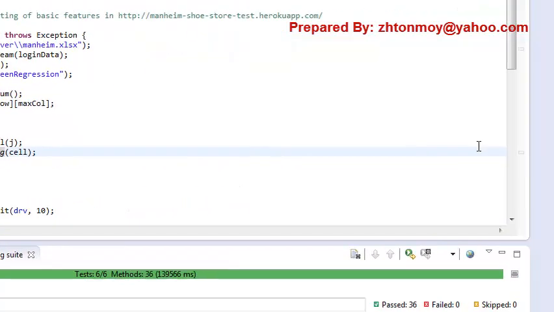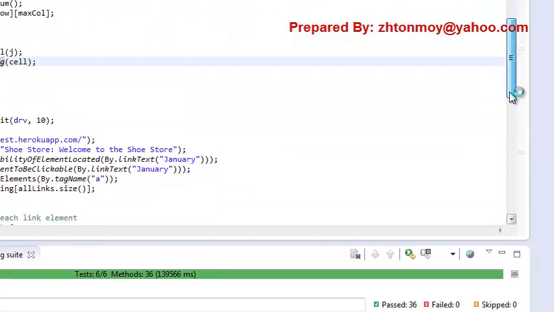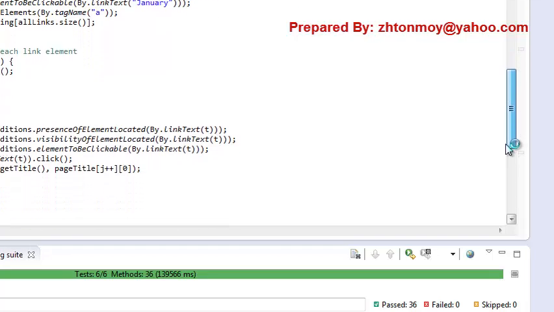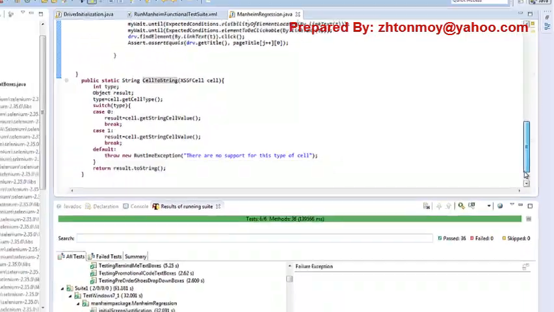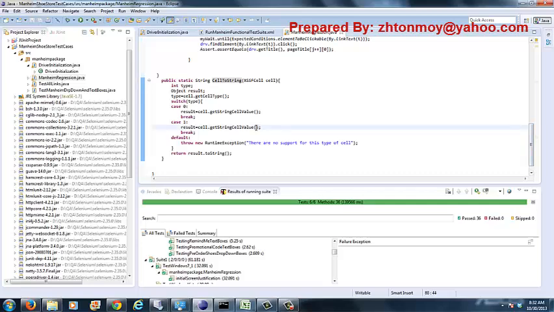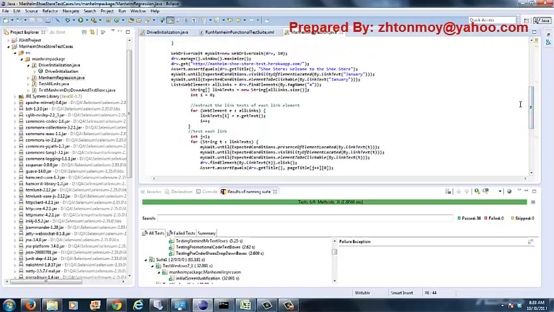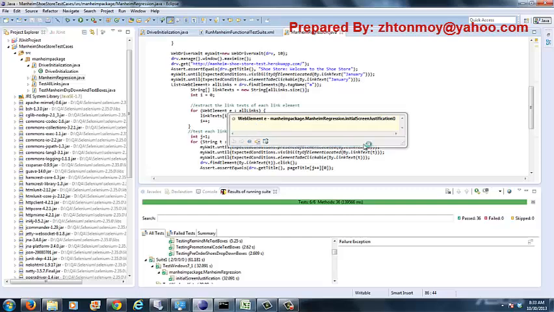I have another function here to get the type of the data in the Excel file. So from these functions I got the type of the data from the Excel file. So I got all of my page titles in the page title variable from the Excel file. After that,